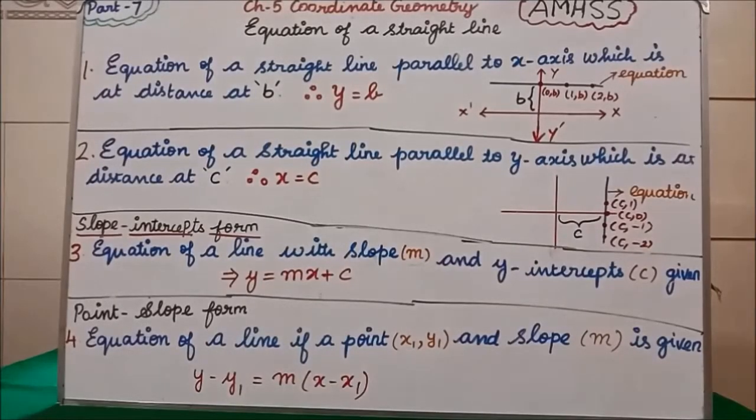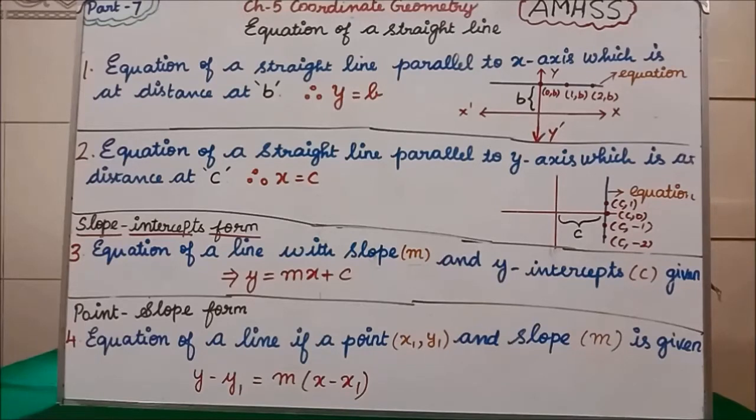We are now in part 7 video. So far, up to part 6, we have completed coordinate geometry exercise 5.1 and 5.2. I hope you all understood those two exercises, isn't it? Students, maintain the classwork neatly and correctly. Everything you write, write correctly. Clear?